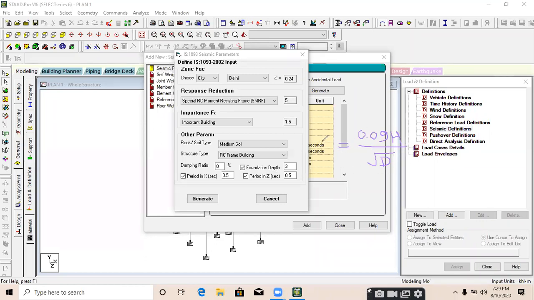It's the value of Px and Pz. If you are calculating Px, then take D of X direction. If you are calculating Pz, then take the width of Z direction.